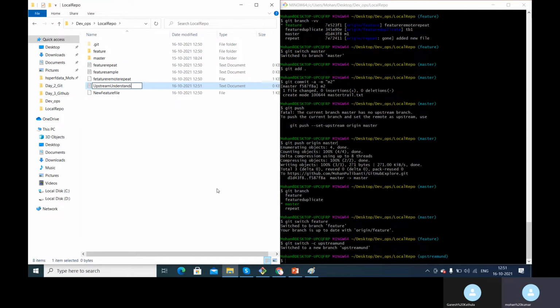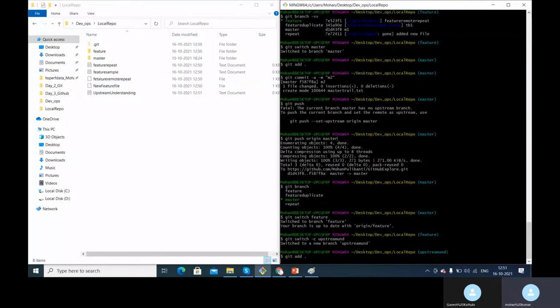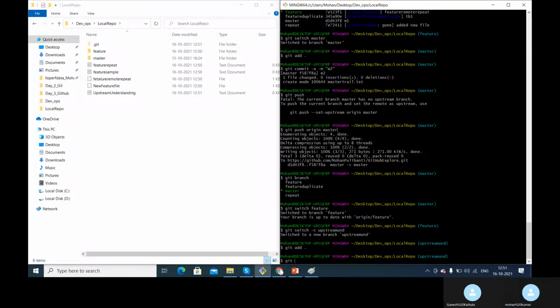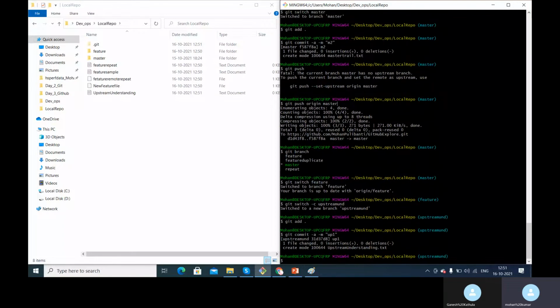I created a new text file, and I'll commit it: git add dot, then git commit -a -m "upstream understanding one". So this is my commit on my local history, on my local repository.